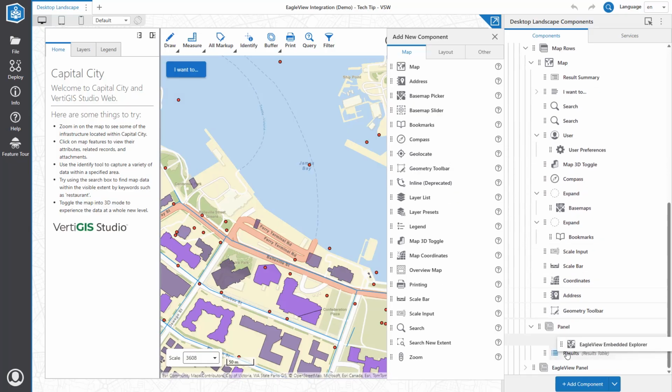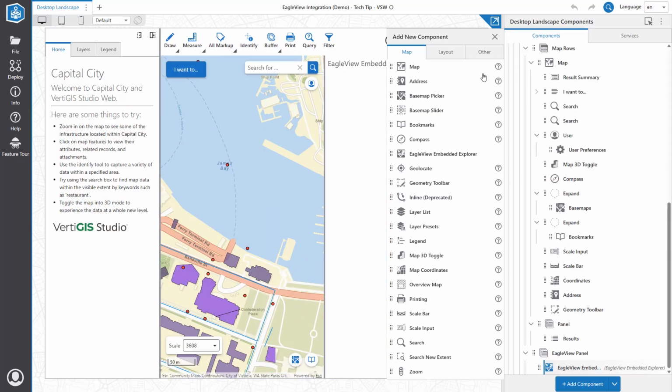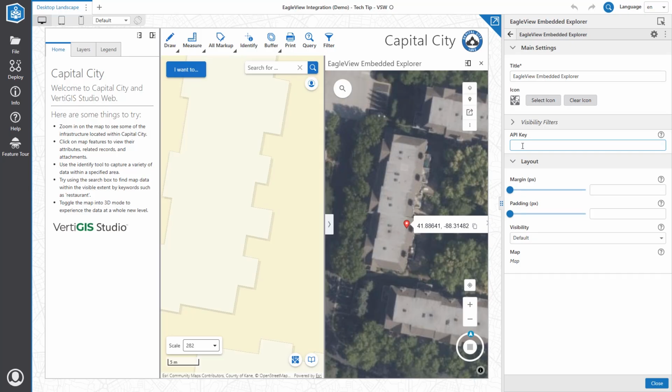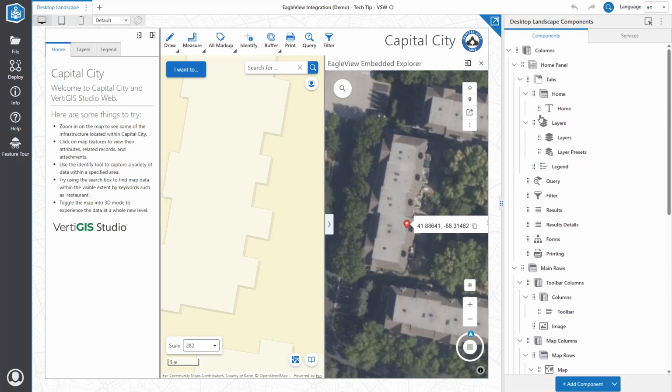I'm going to add it to the panel beside the map so that we can actually see the map and the EagleView imagery at the same time. Now, let's add our EagleView API key to the component. And there we go. Within a couple minutes, we have successfully embedded the EagleView Explorer within a VertiGIS Studio Web